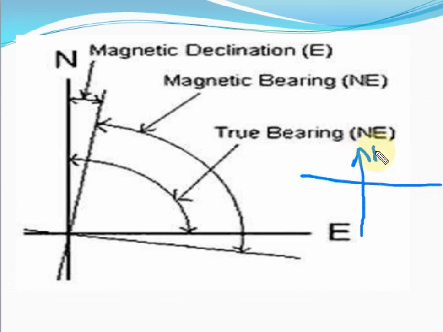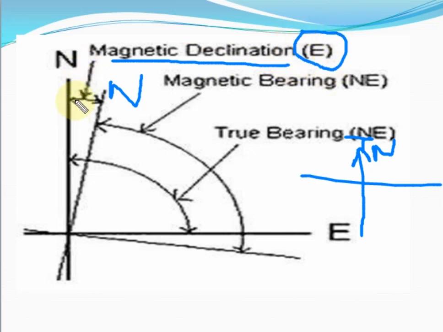So for example, let this be your north. This is the true north. I have written TN, not only N, that is true north. As we know, the true bearing is measured from the true north to the survey line. The magnetic bearing is when the needle is freely suspended, that direction is the north, and from that north to the survey line is called the magnetic bearing. But here you can see the magnetic declination is towards the east.